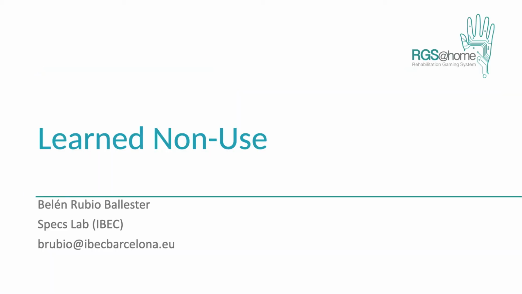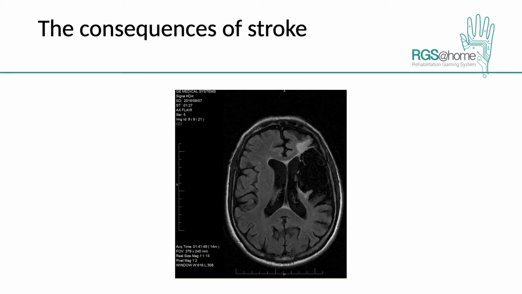Stroke leads to a number of impairments, and one of the most prevalent impairments we observe in these patients is hemiparesis. It affects the upper extremity, and soon patients can experience recovery when exposed to therapy, but after several months of treatment, they are discharged, and we often observe huge deterioration.